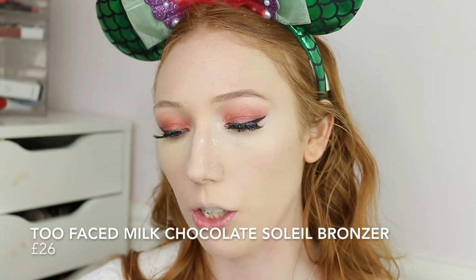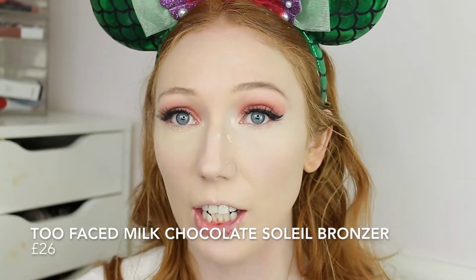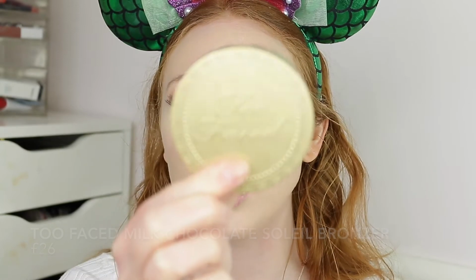And for bronzer, I'm testing now a product that is also another cult favourite that every single person loves, and this is the Too Faced Milk Chocolate Soleil bronzer, and I bought this years ago. This is just the old packaging. I did check and the formula hasn't changed, so this is just the old packaging. The reason why I haven't used it,